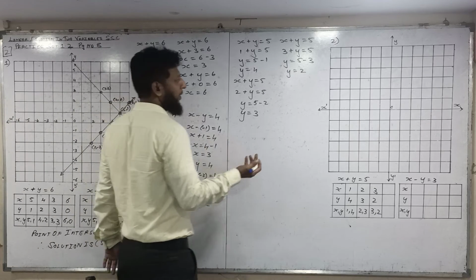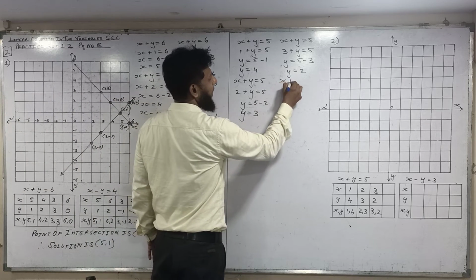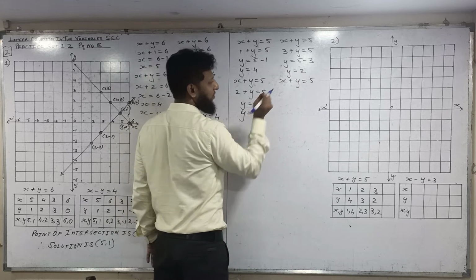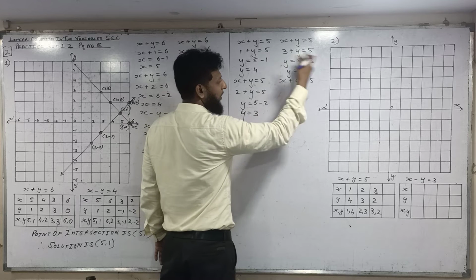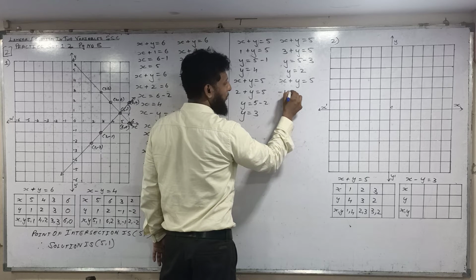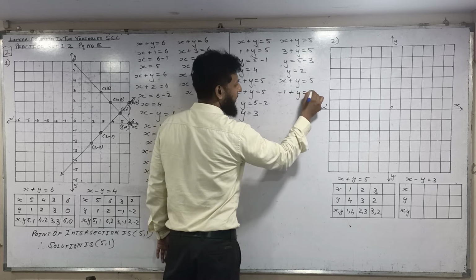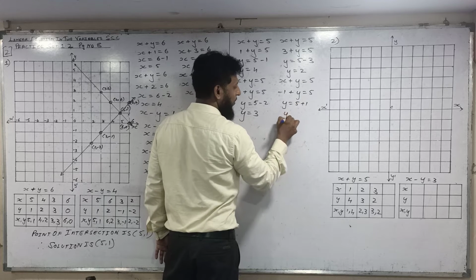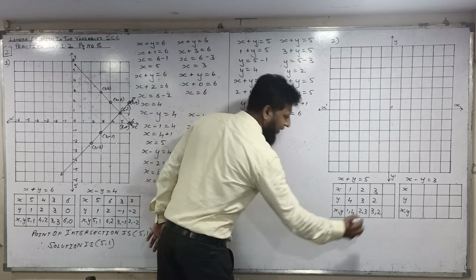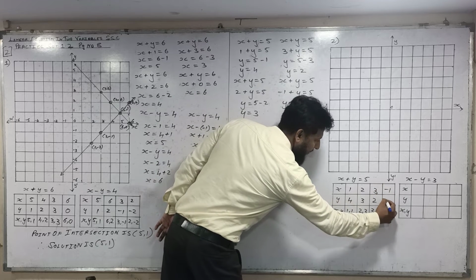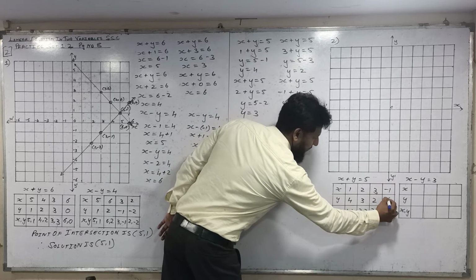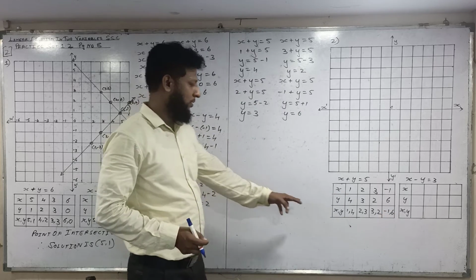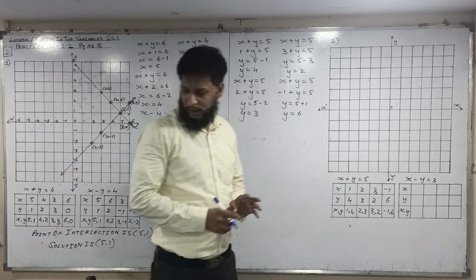So this first quadrant can cross the other quadrants. Okay, so now I am taking x plus y is equal to 5. I am taking x value minus 1, so y is equal to 5 plus 1, y is equal to 6. When I have taken x value minus 1, y becomes 6. So minus 1 and 6. Again plot all these 4 points and draw the line.